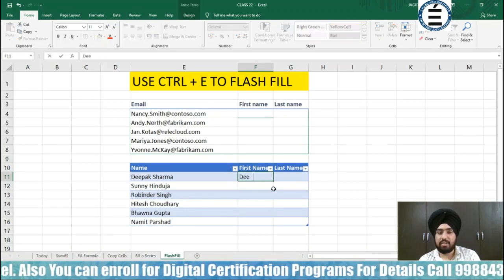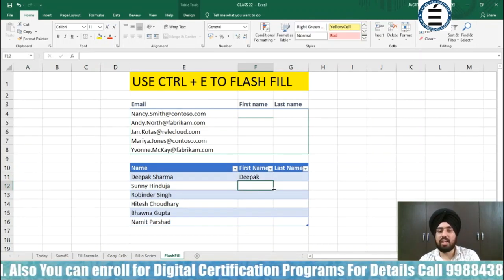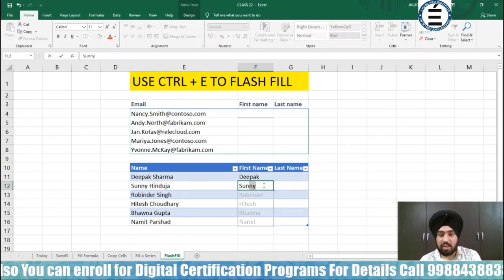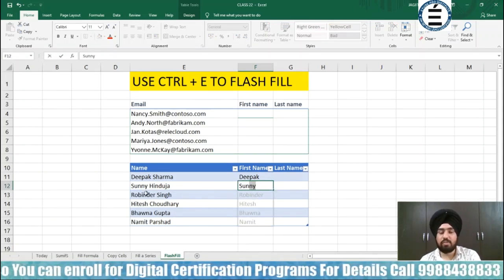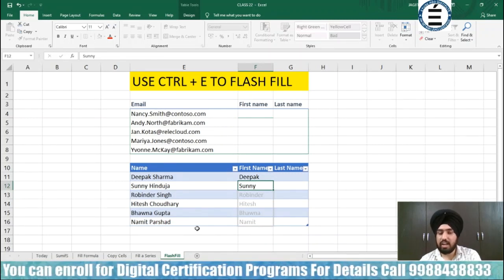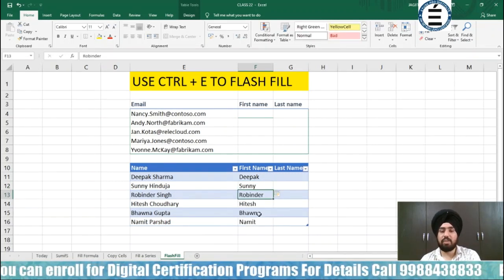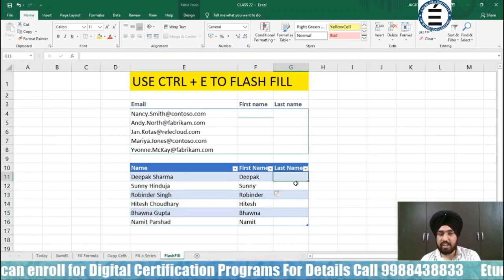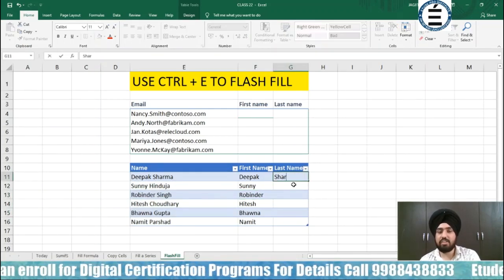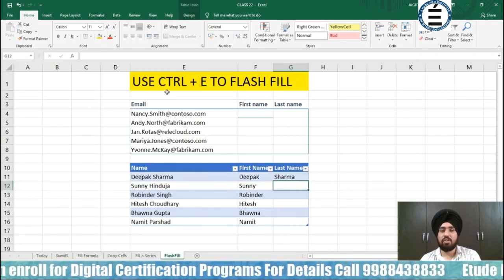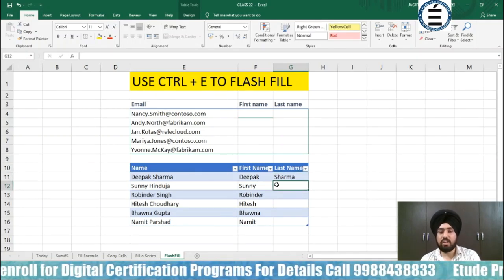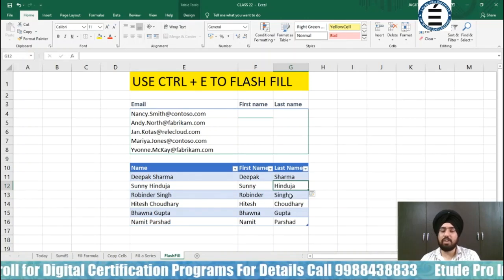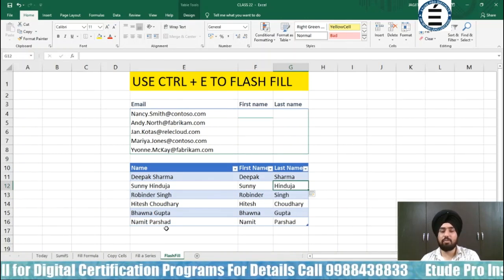When I start typing the first name, it will automatically understand that I want the first name from this series, and when I press Enter, it will automatically copy the first name from the total name. And the last name, same as it is, Sharma, and the shortcut is Control plus E. When I press Control E, it will automatically copy the last name from the desired list.